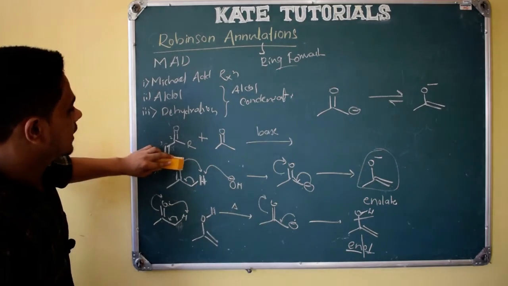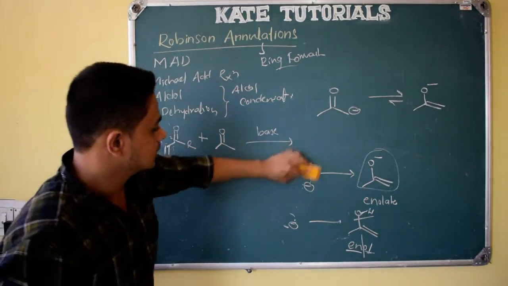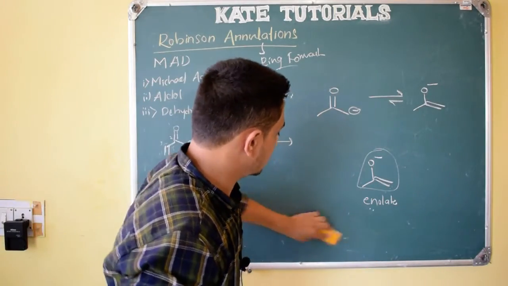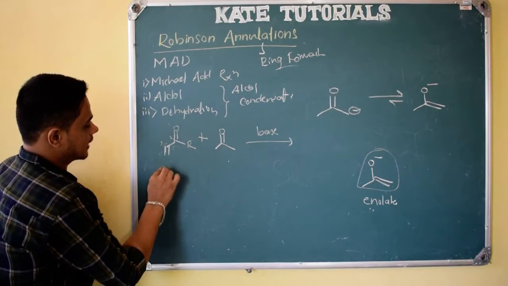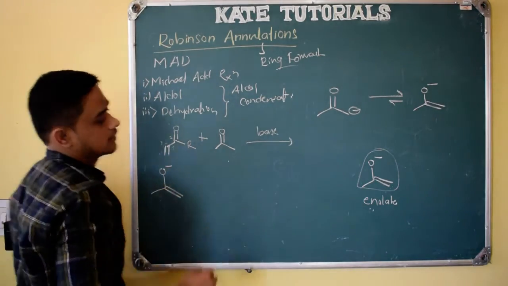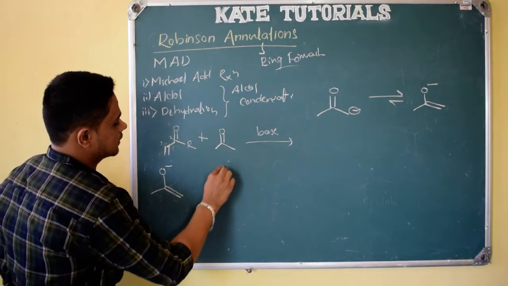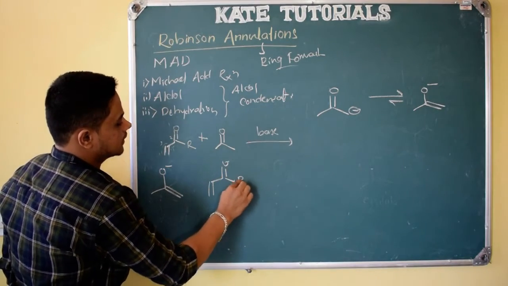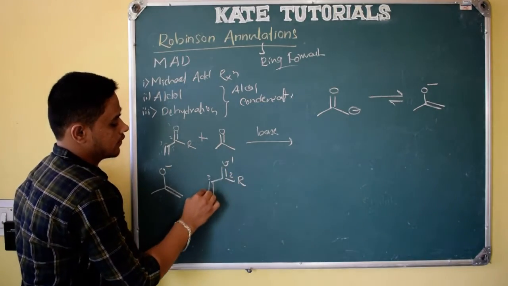So what we got, as I am doing the reaction in basic condition, so I got this enolate. Instead of getting enol, I got this enolate, right? So I will write this enolate like this, same enolate. So here what I have this COOR. These things we have discussed. See here, 1 2 3 4.